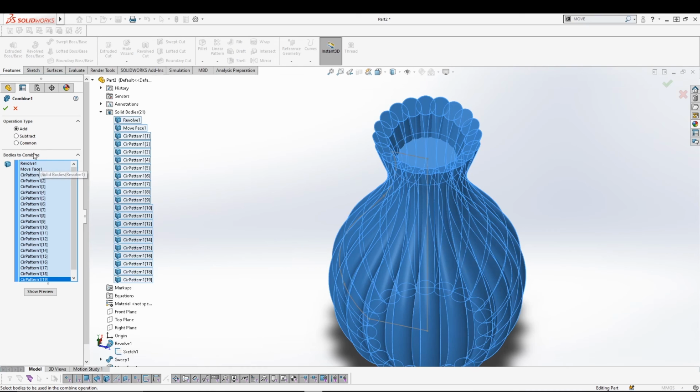Once you have selected all your bodies to combine,